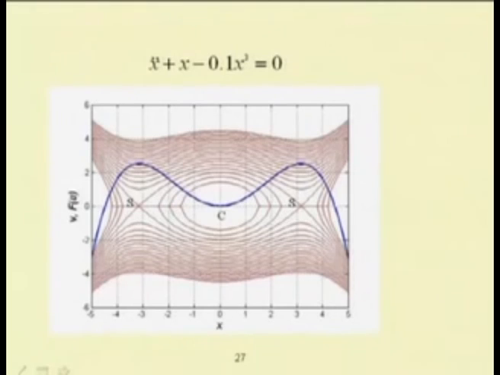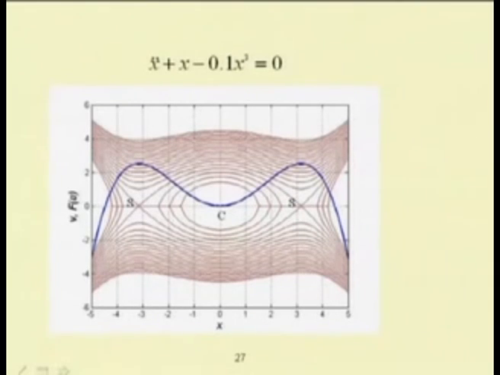You can see the system will have saddle points. This point is known as the center point, and these 2 points correspond to the maximum potential energy, where the system will not move, or the system will have an unstable response. That is known as saddle points. So, these 2 points are saddle points and this point is the center point. In this case we have found 3 equilibrium positions. From these 3 equilibrium positions, one position is stable and the other 2 positions are unstable.